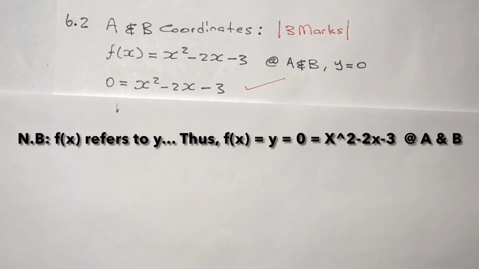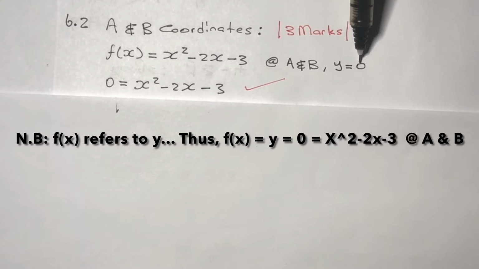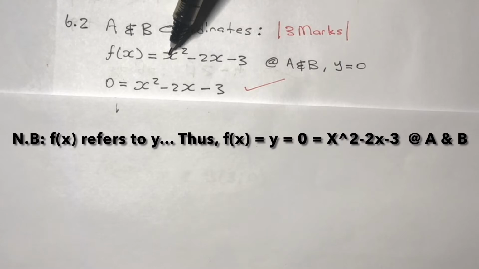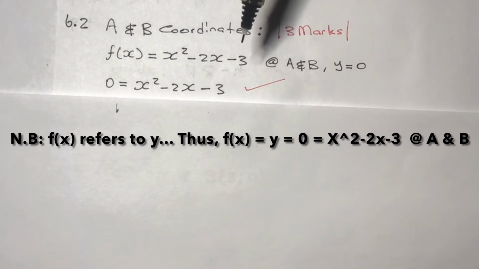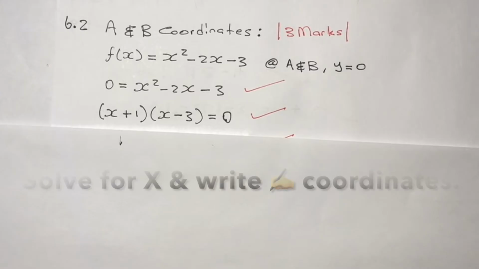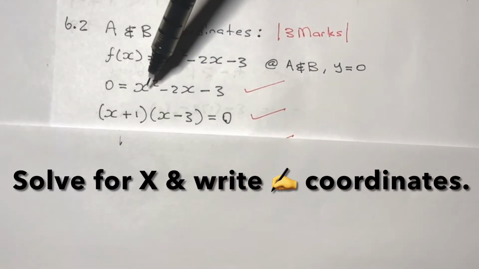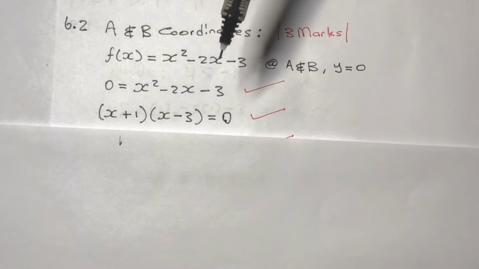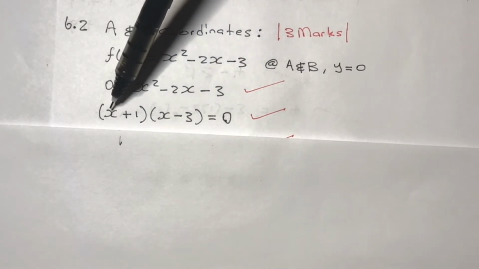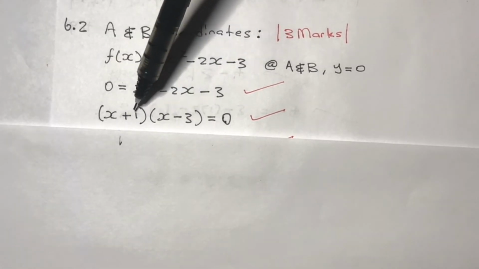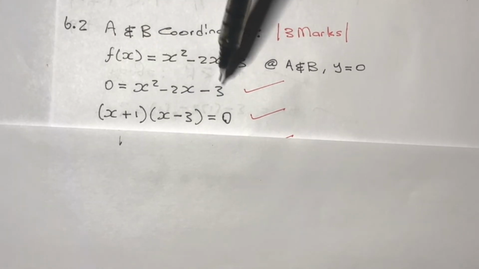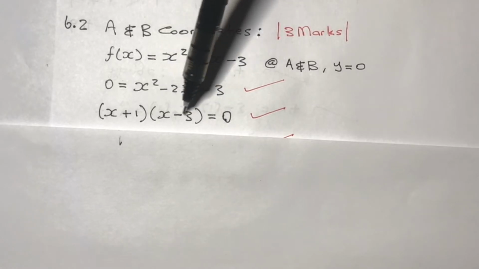So next step, we substitute our y value, which is 0, into the formula so that we can calculate the x values with their corresponding y values of 0. So next step, obviously, is to factorize the whole of this quadratic equation. When you factorize, you've got your x, you've got two values that when you multiply, they give you -3. So you get your middle term by minus 3